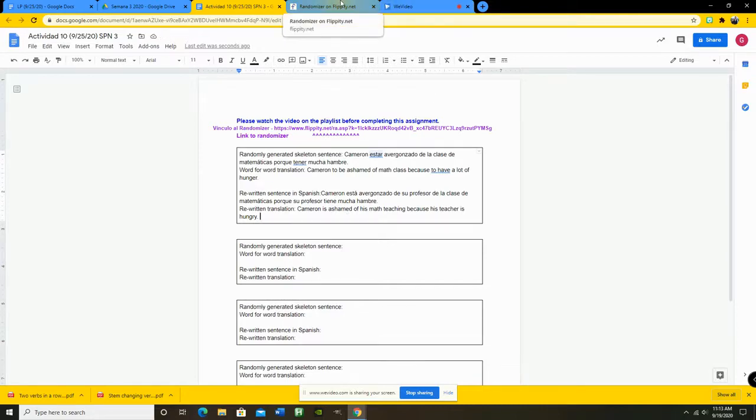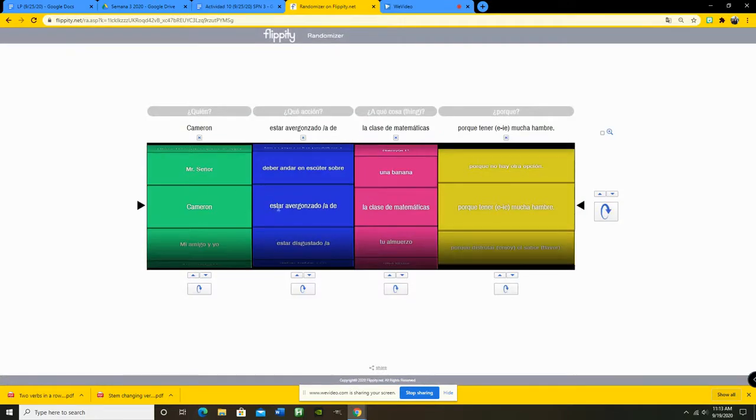And really the whole idea here is one, to get you some practice with conjugation. But secondly, I want to open your eyes that we should be asking questions as we're writing to ensure that we can write as much as we can. Because, for example, writing a simple sentence such as I am angry is not enough for Spanish 3. We should be able to tell why we're angry, who we're angry at, what made us angry. We're going to begin looking at those questions. So your sentence structures are going to get longer and longer in Spanish. And I'm going to begin using this tool, the Flippity Randomizer, to help us along the way.